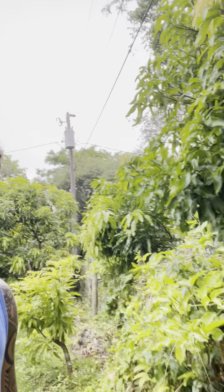Tiago from Mango Man here, and today we're going to talk about something a little different than the mangoes we usually talk about. We're going to talk about land use efficiency. Now, as you can see here, because we are a small orchard and we don't have that much space, we try to plant things in our orchard that can help provide us with food and products to provide to